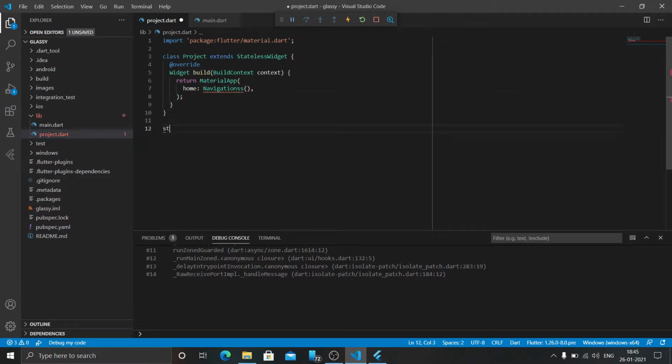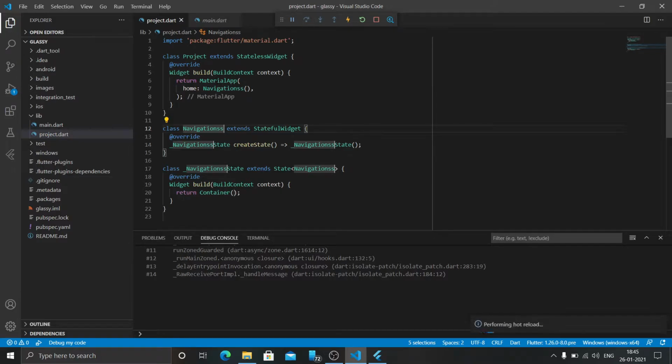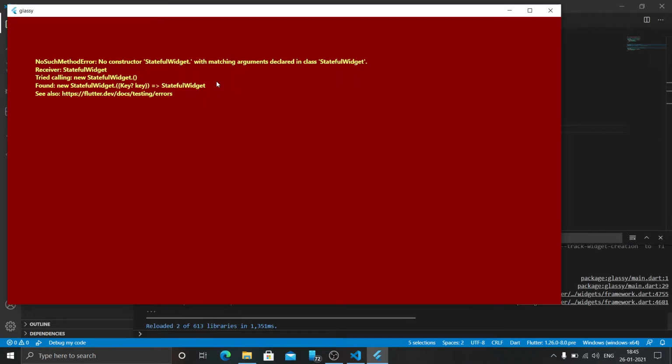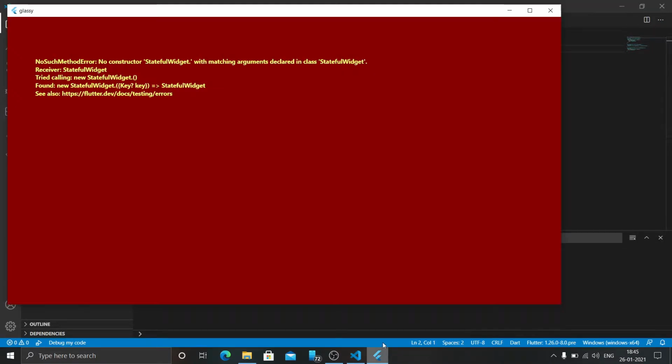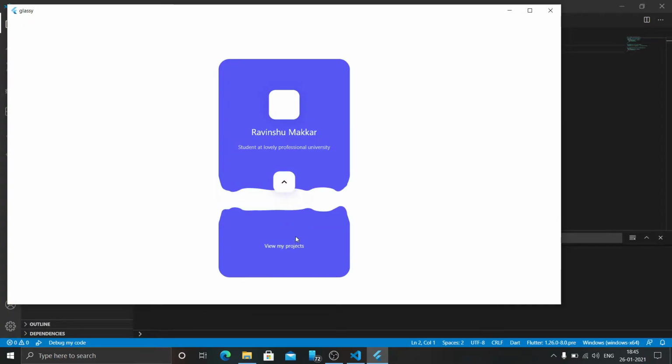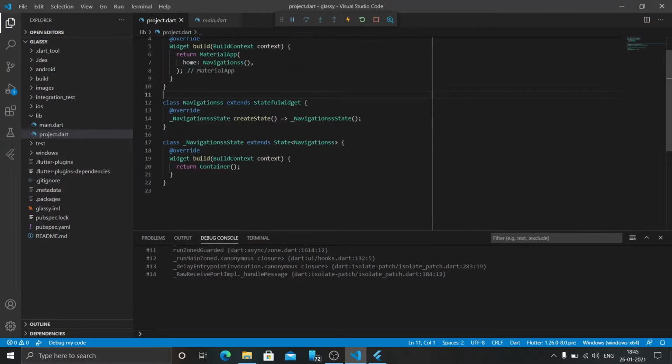Now let's create a stateful widget for the named navigations, as we have given in the material app. Why have we used a stateful widget? The reason is that we are going to navigate from screen to screen, so there will first be a widget on the first screen and then the widget will change. So we need a stateful widget, not a stateless one. The error was due to using hot reload, but we need to restart the app because the stateful widget needs to be loaded properly.